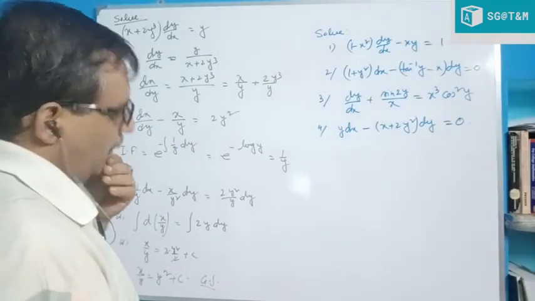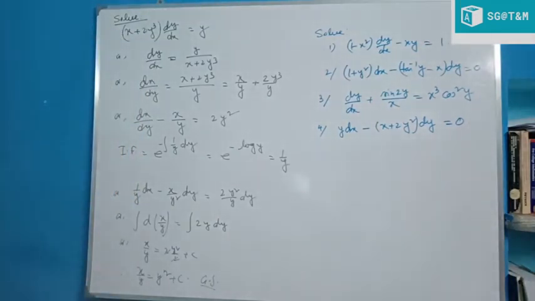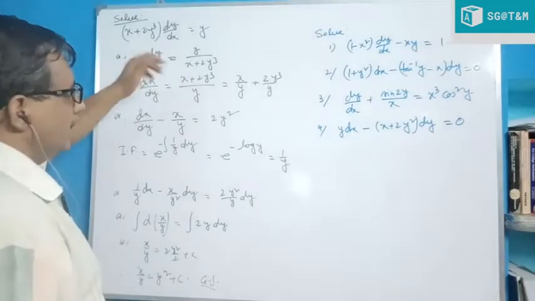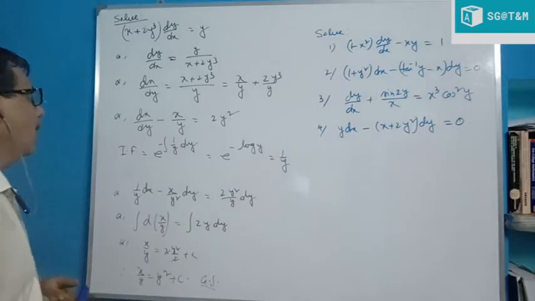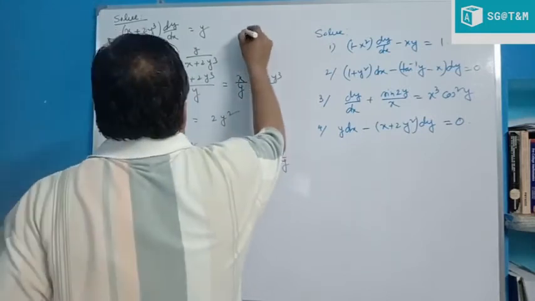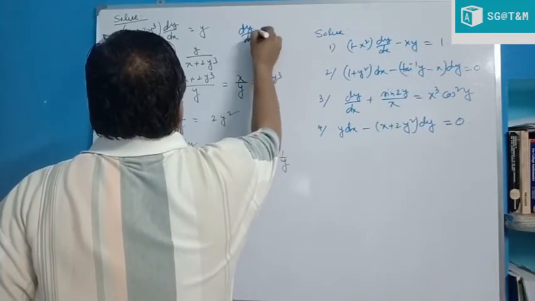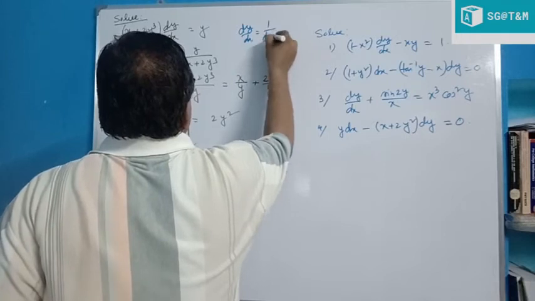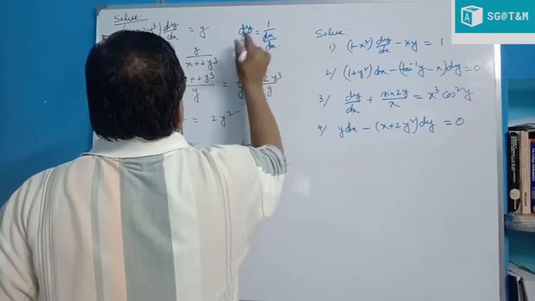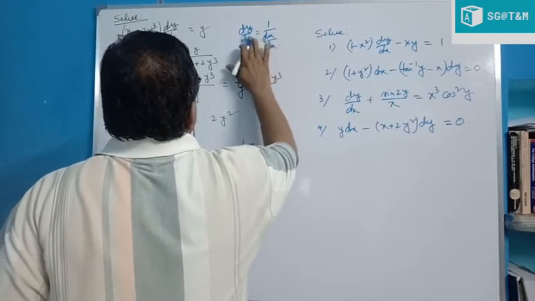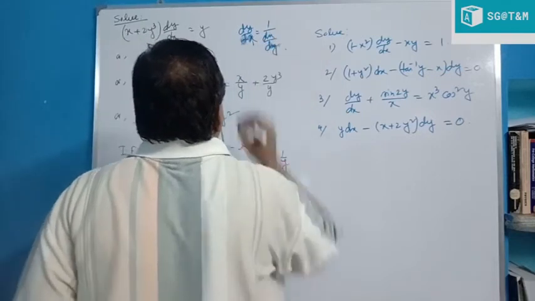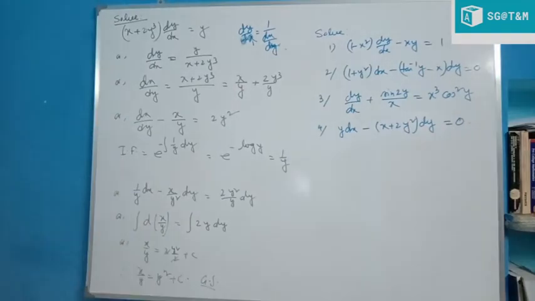It is a reverse problem, that is, most probably a linear equation in x. In this case we do not take it part by part. So for trial, we take dx/dy. Since we know from differentiation that dy/dx is 1 by dx/dy, mind it always, this holds for first order derivative, but it is not true for second order derivative.